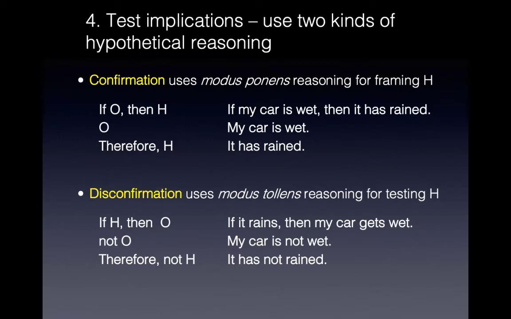So the hypothesis we have is it's rained. Okay, so why should we believe it's rained? Well, here's an argument. If my car is wet, then it has rained. My car is wet, therefore it has rained. Okay, that argument's valid in form. And what it's doing is basically saying, here's this observation, and given that observation, I'm going to frame the hypothesis